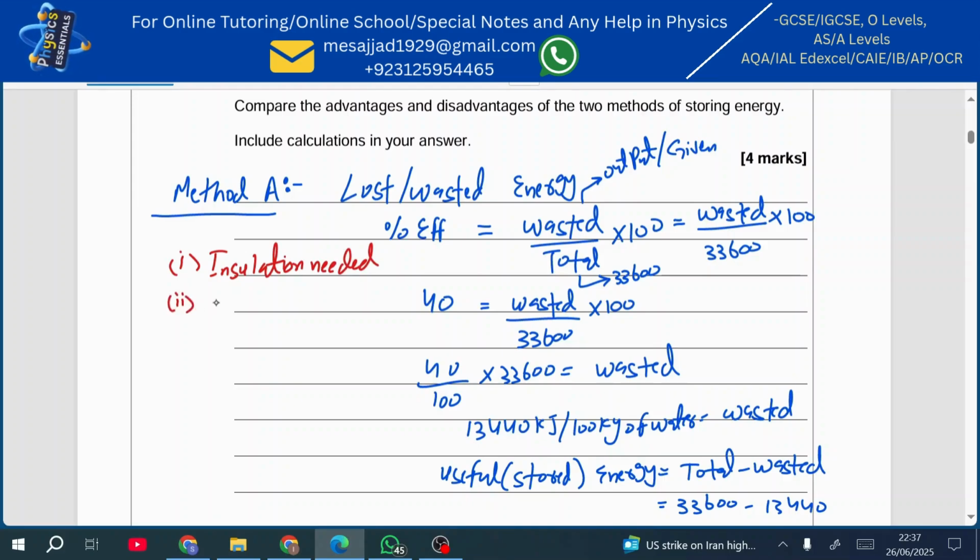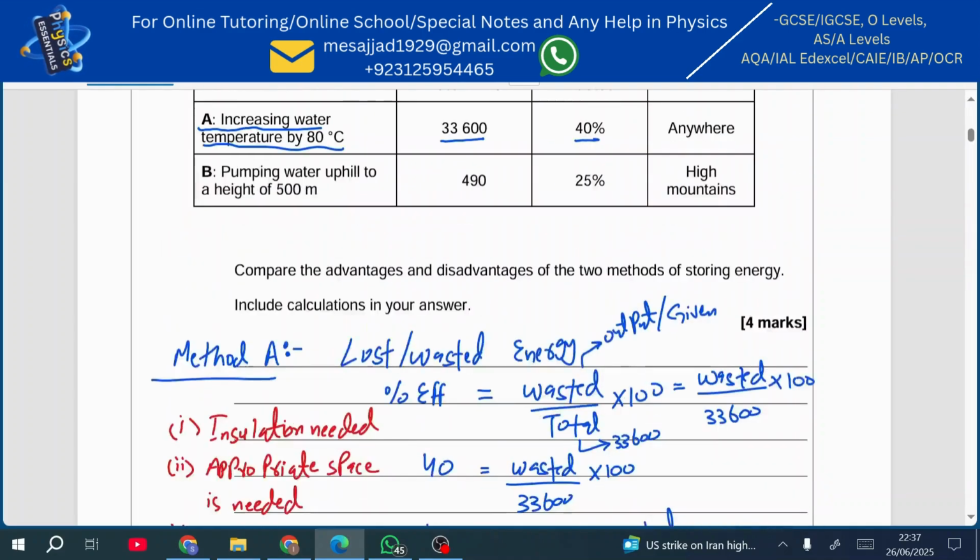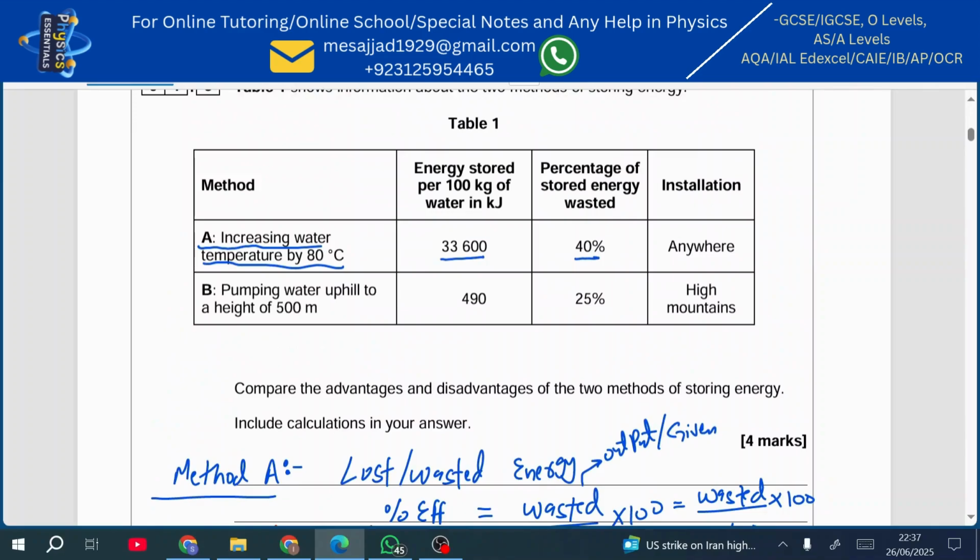And the second one is that appropriate space is needed, right? And even though the percentage is low,